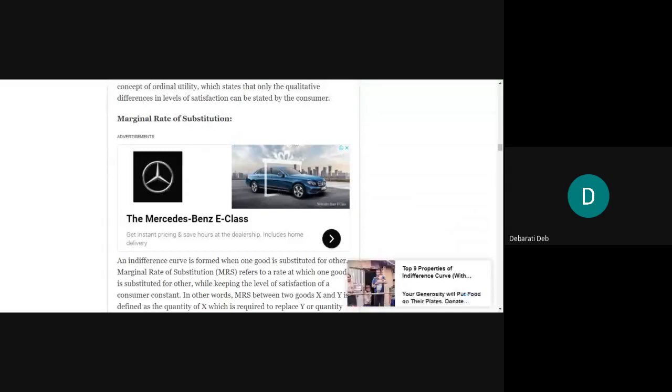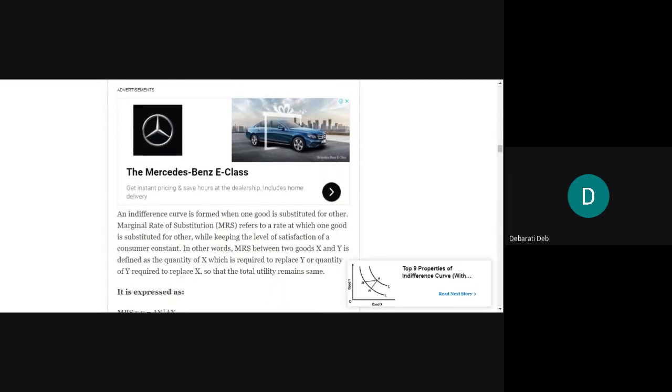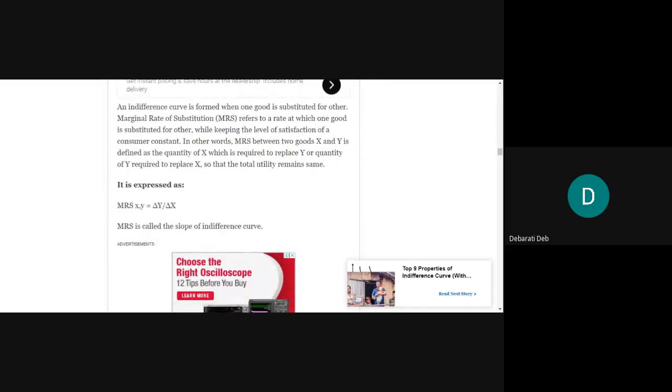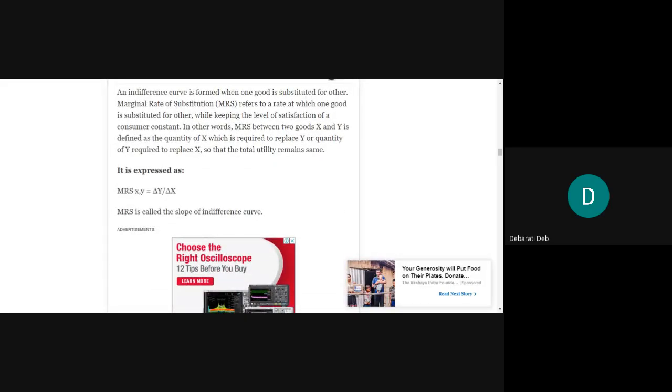This link is uploaded in Moodle. If you want to go through the paragraphs properly after the class, because in the class I understand it is not possible to write everything, or if you want to note important things and think about these points later on, or understand the concepts better, you can refer to the Moodle link. It's there in your Moodle. I have uploaded it already.